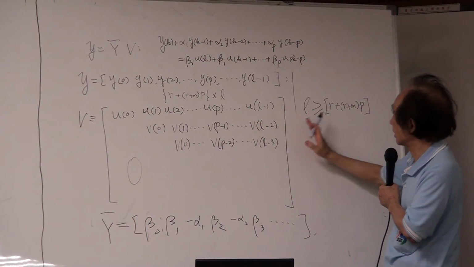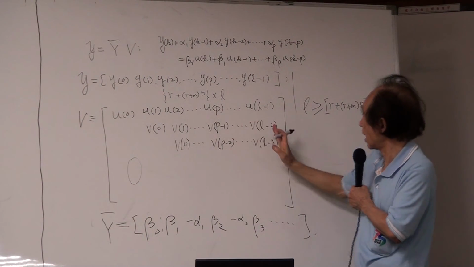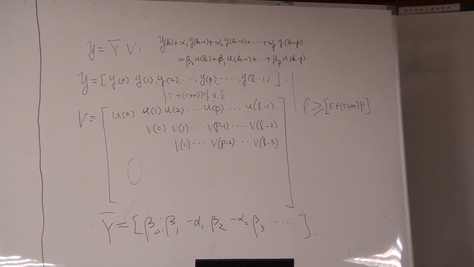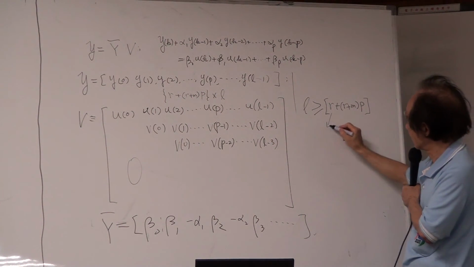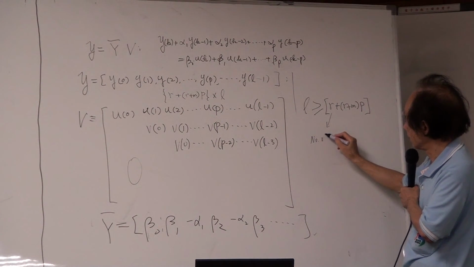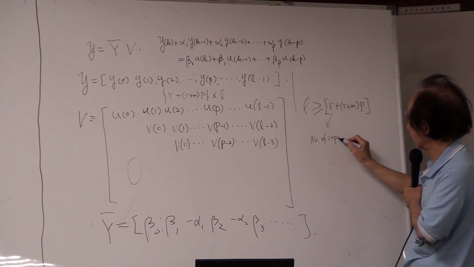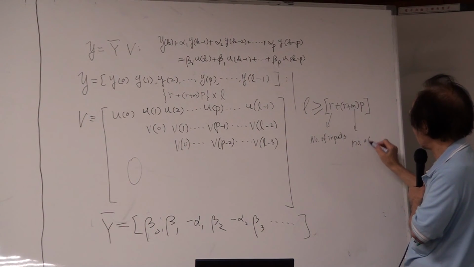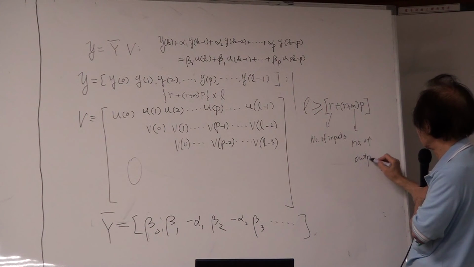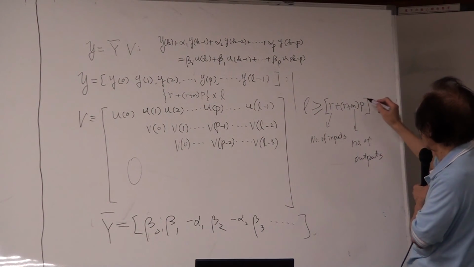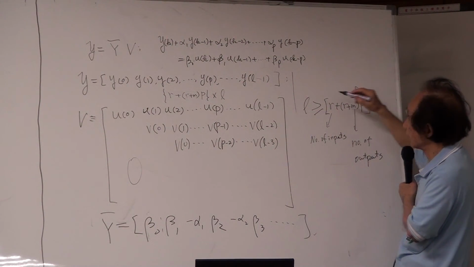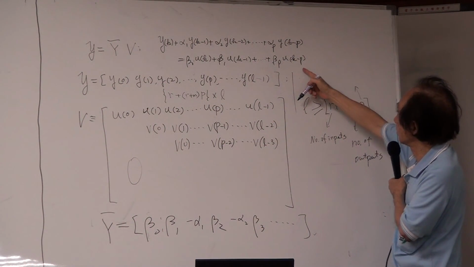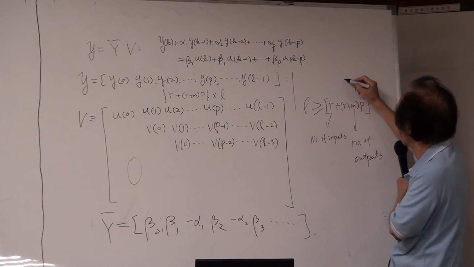So that one guarantees you get more columns than rows. So this R is the number of inputs. This M is the number of outputs. And this P is the size we call here, this P here, we call the